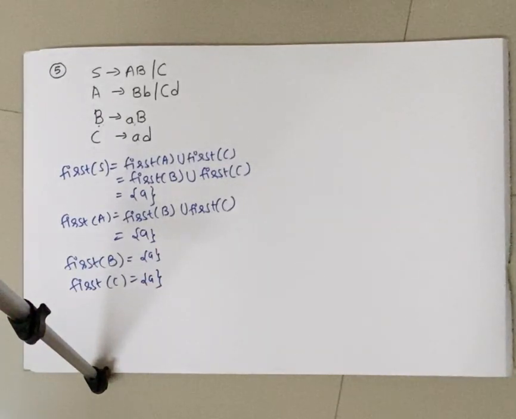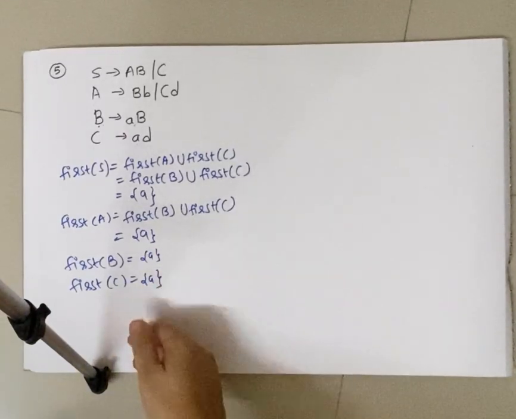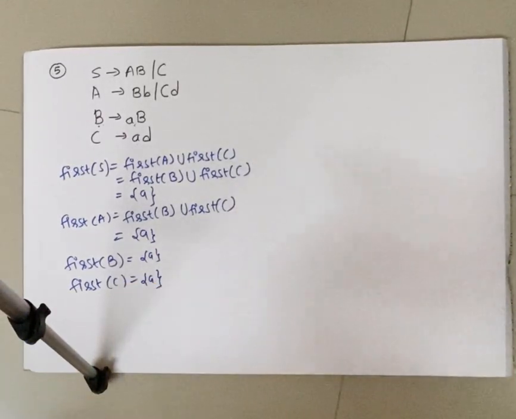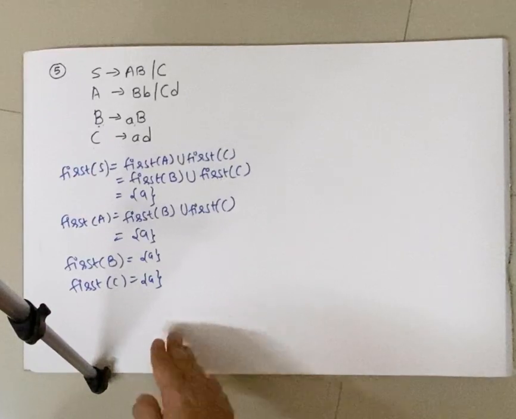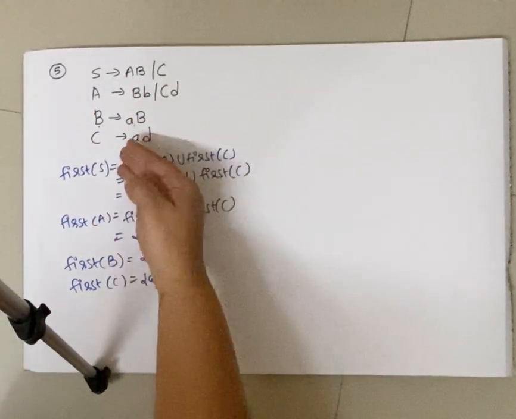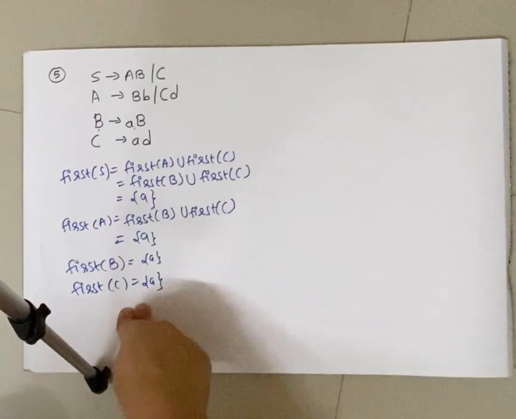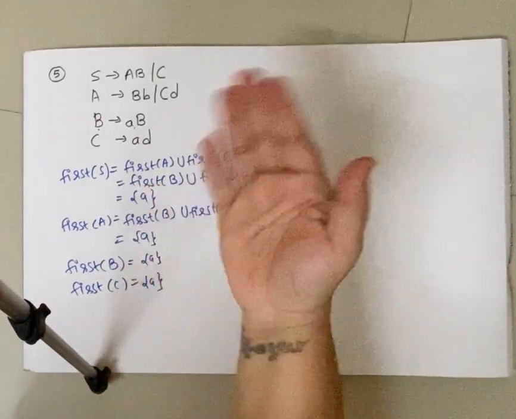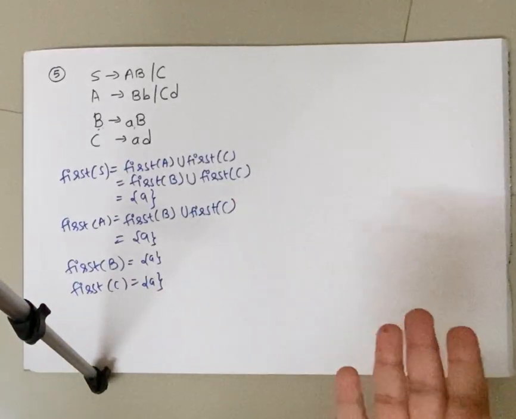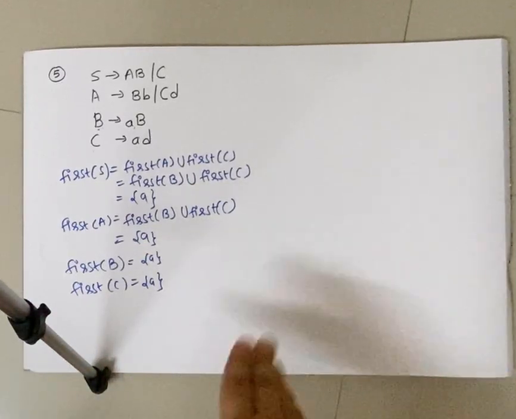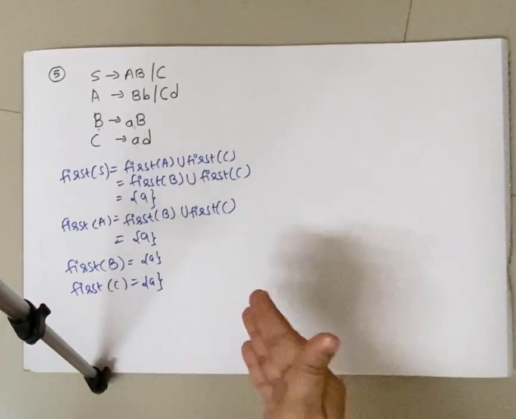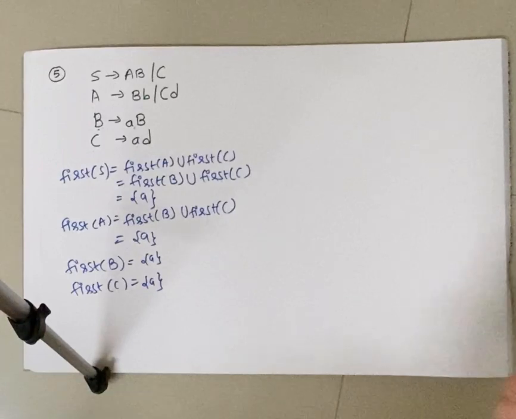Okay, now your goal is to check whether the given grammar is an LL1 grammar or not. Now do I need to calculate follow over here? See, calculation of follow is required only when any of the values in first contains epsilon. As you can observe, none of the rules is deriving epsilon, hence in none of the first sets you have epsilon. So the predictive parsing table can be created without even calculating follow. Unless the question itself says calculate first and follow and design the predictive parsing table, you don't need to calculate follow. If the question is only about checking whether the given grammar is LL1 or not, there is no need of creating follow.